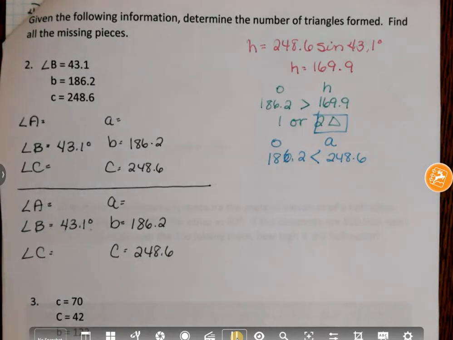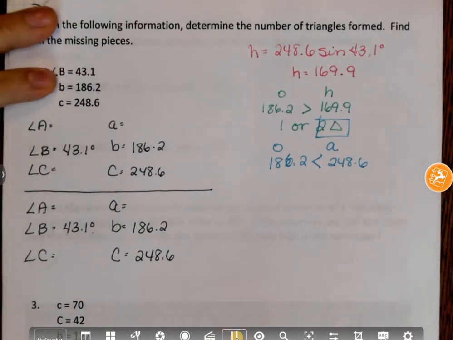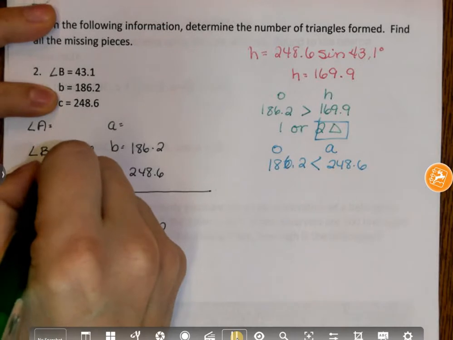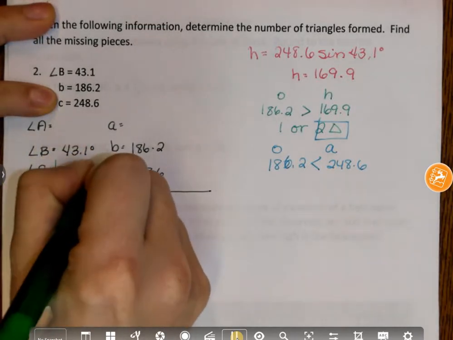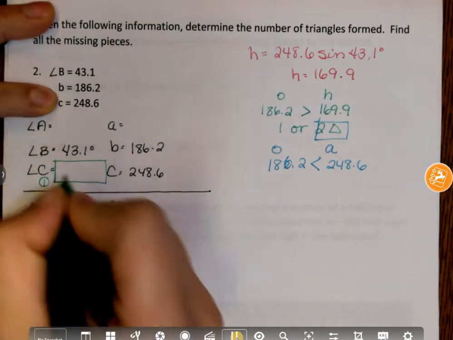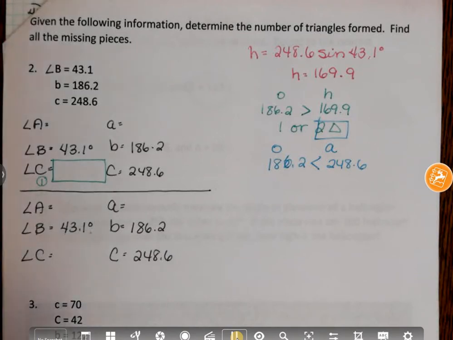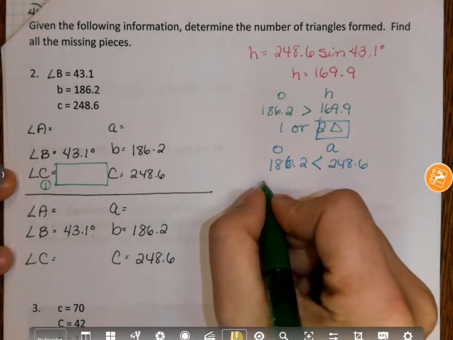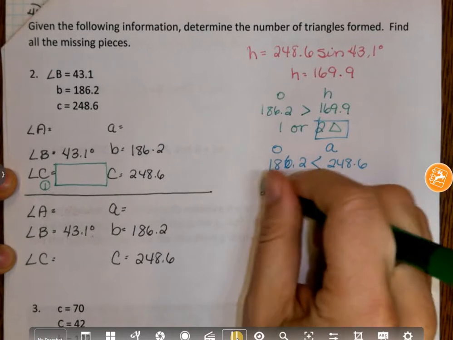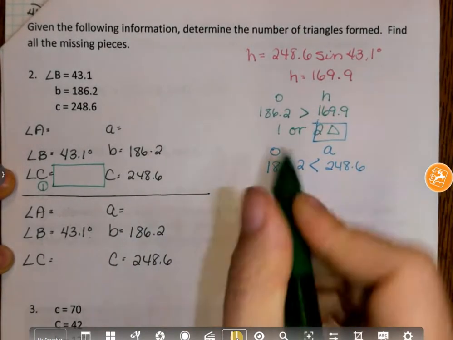Okay. Well, now it's just the law of sines. So what I'm going to do, and I'm just going to number these so you know where I'm going with this, I'm going to find this first. I'm going to do that with my law of sines simply by saying, let's see here, my given stuff that pairs up, I'm going to do